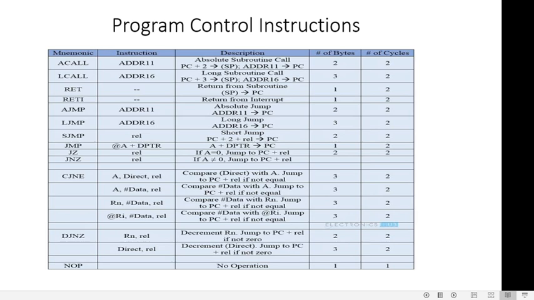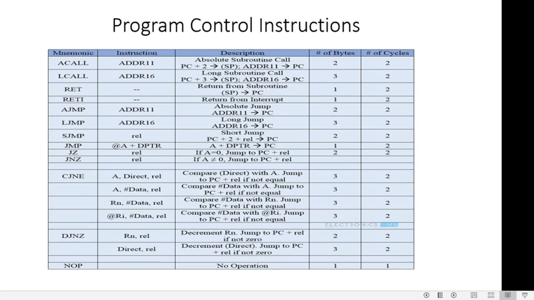Then DJNZ: decrement Rn, then jump to PC plus relative address if not 0, meaning decrement, jump if not 0. So it will first decrement Rn in this instruction, because it is written DJNZ Rn, REL. Then it jumps to PC plus relative address if not 0. And NOP means no operation. So in short, these instructions will control the program